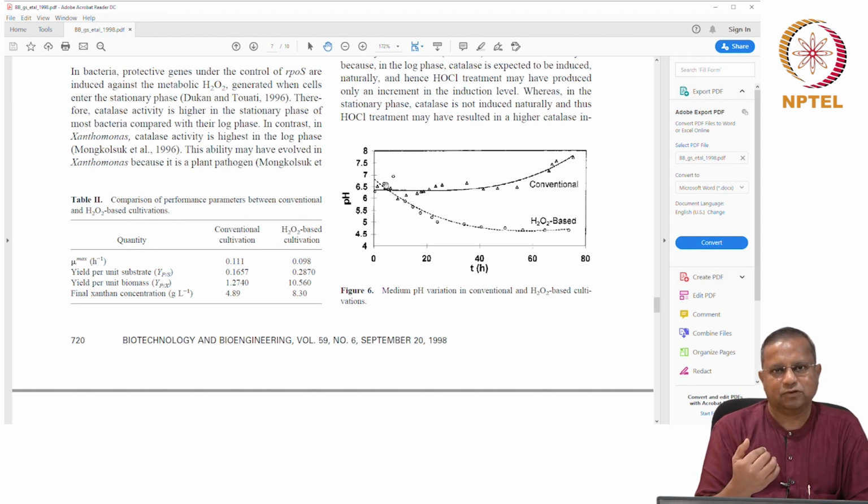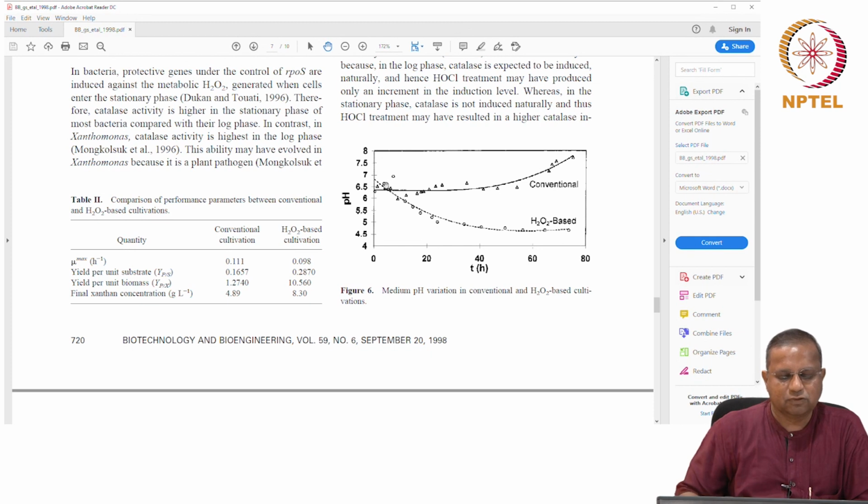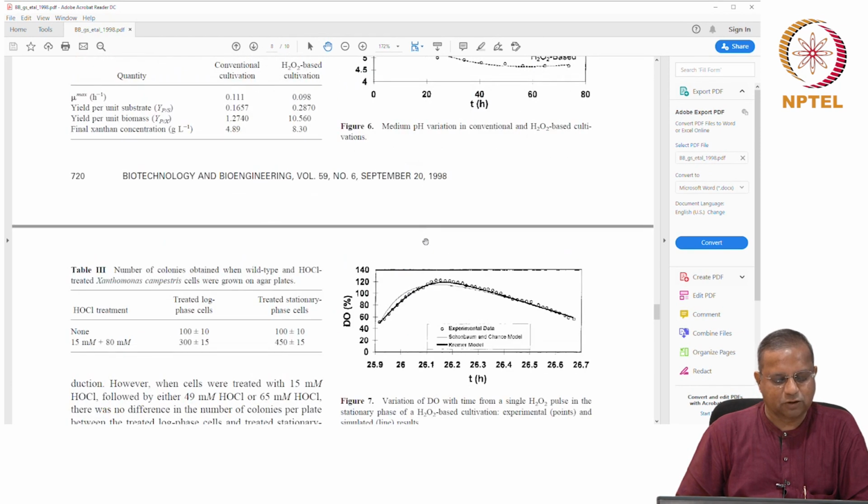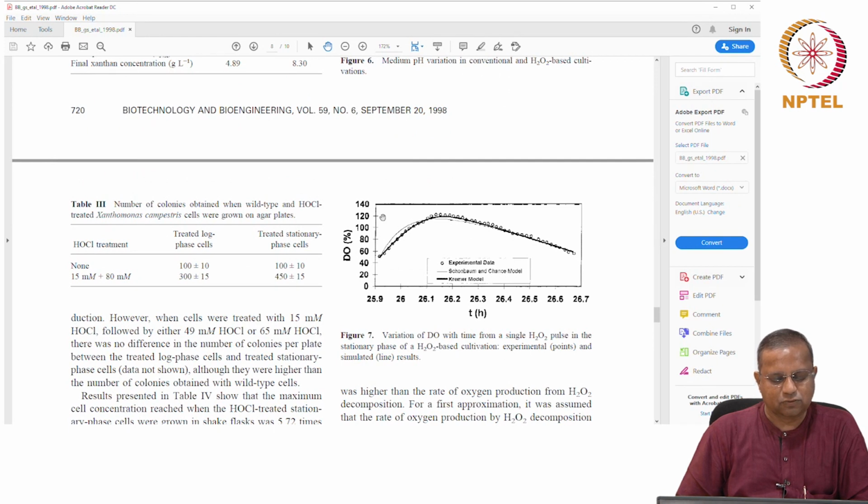We thought it was due to a better supply of oxygen or a better supply rate of oxygen in that situation. Also, this is a viscous fermentation. It is difficult, normally speaking, to supply oxygen to this fermentation. So this method can become very useful in supplying oxygen to both challenging fermentations as well as regular fermentations.